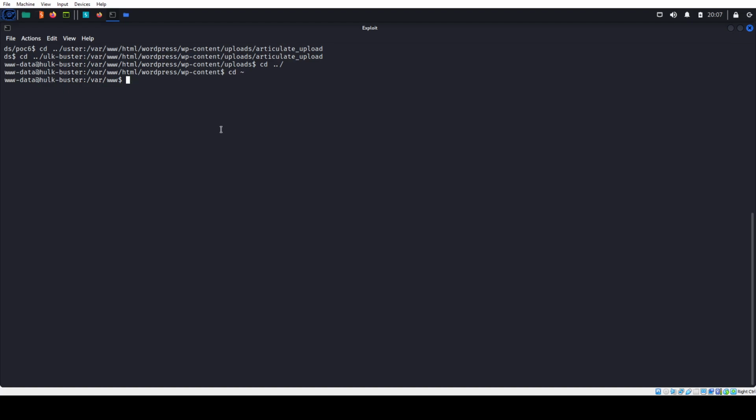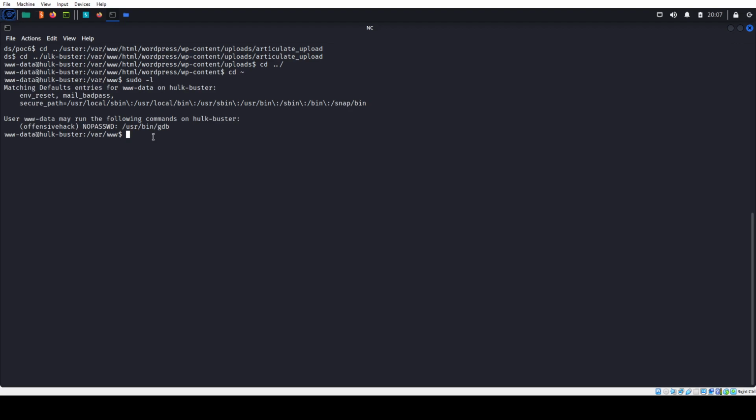Okay, so we have a reverse shell. We're going to call this nc, and what do we do from here? We can check sudo -l to see if www-data can run anything as sudo. It's rare, but it can happen. And we can run /usr/bin/gdb as the offensivehack user. If we had checked the home directory, we have two users, hacker and offensivehack. We have access to offensivehack, but